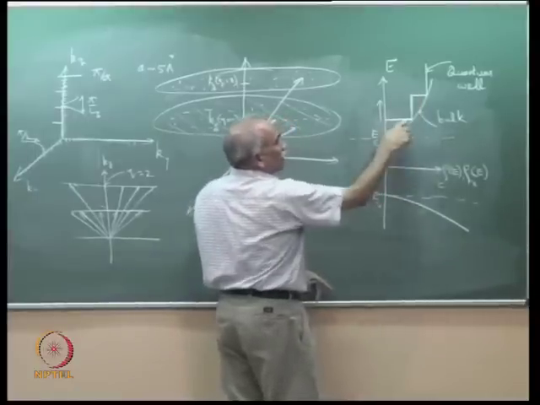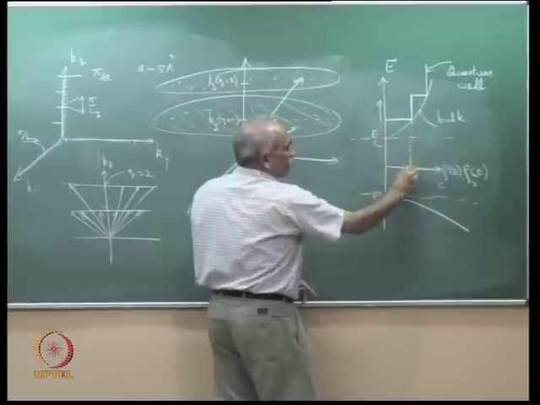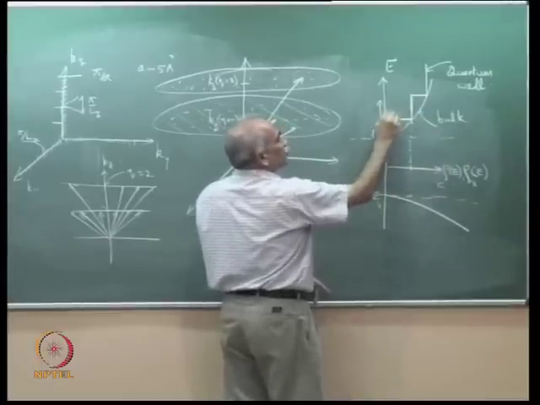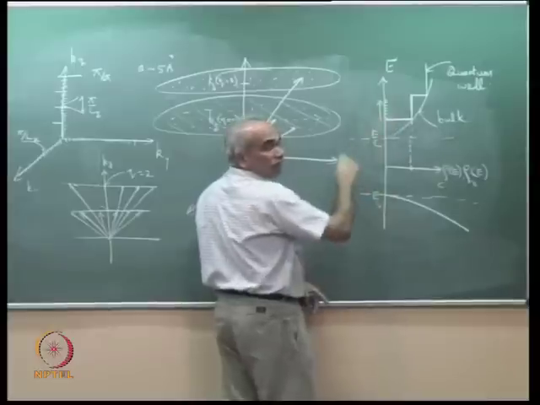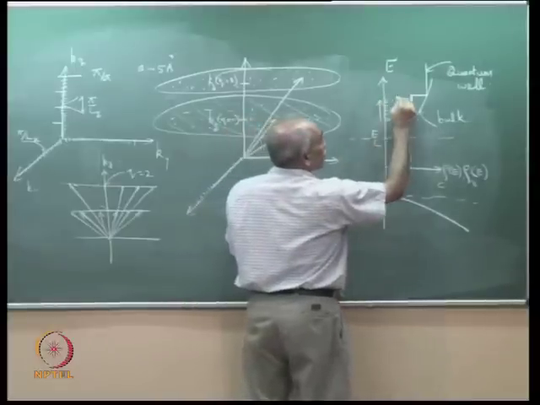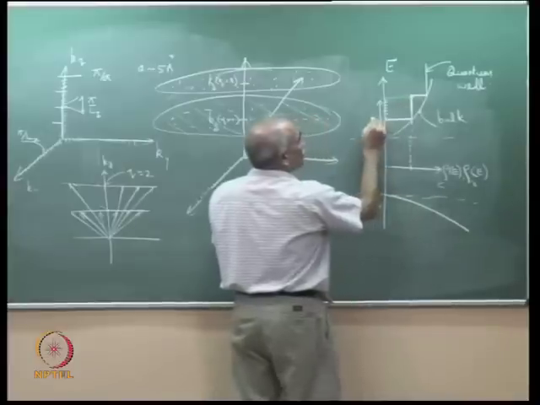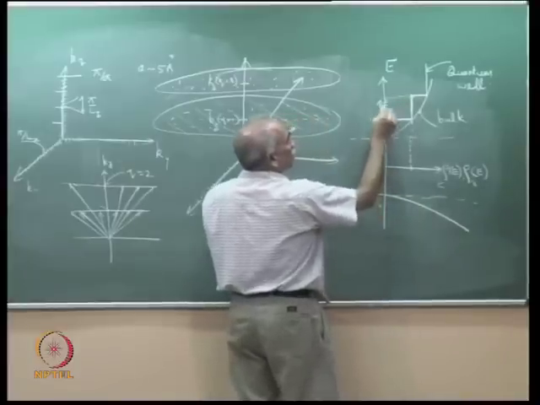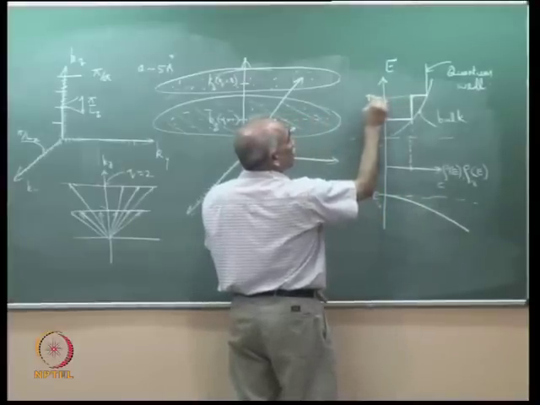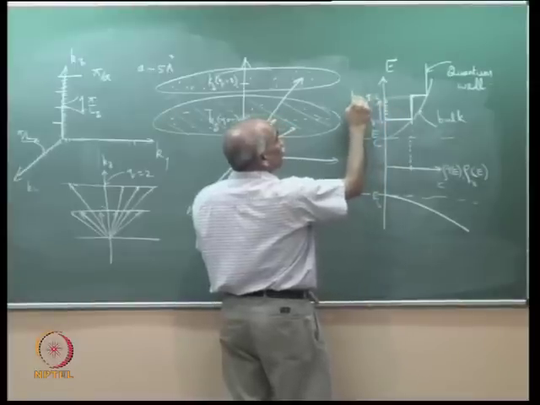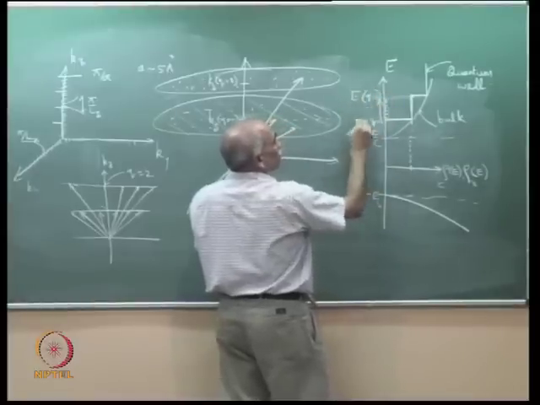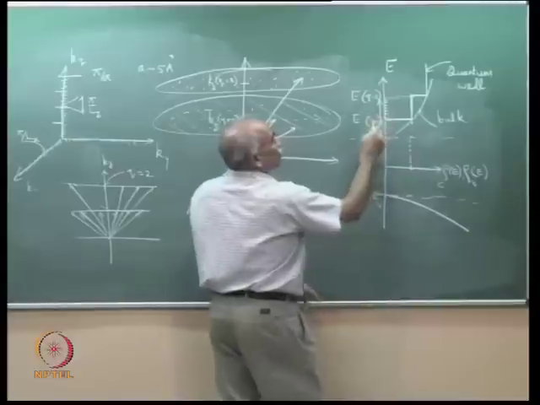It starts from here, and please see the density of states here is constant in spite of the fact that you are increasing energy. When you reach an energy value corresponding to Q equal to 1, and then the energy corresponding to Q equal to 2, suddenly